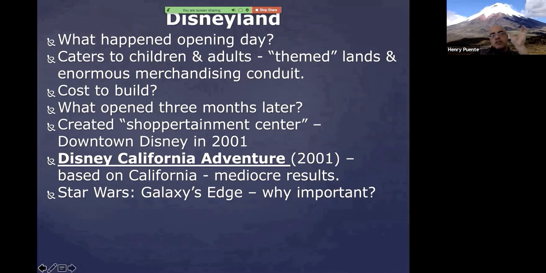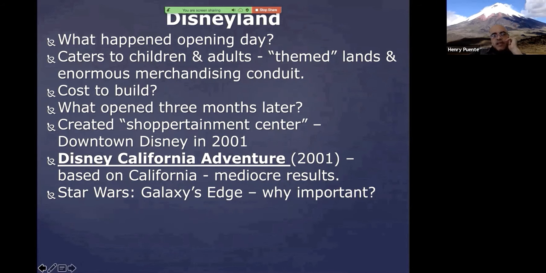I think largely because people wanted more Disney, and Disney California Adventure was giving them less Disney because the theme park was based essentially on California history. People were looking for more Disney, but they got California history themed stuff instead. So that's why it had mediocre results. Also, I remember when the park opened, there was a bunch of rainstorms that hit Southern California during that time, and that hurt the attendance as well. So anyways,